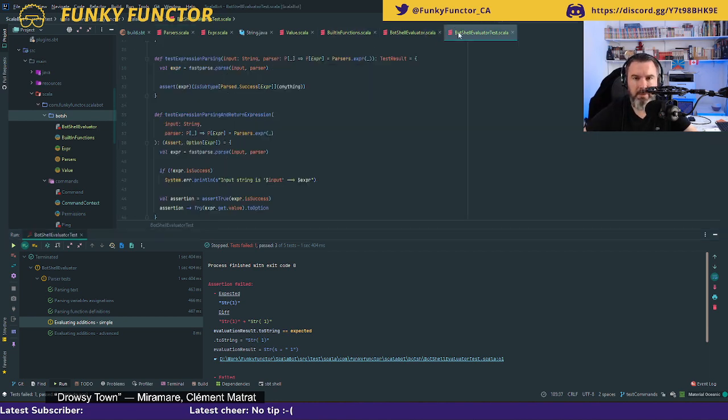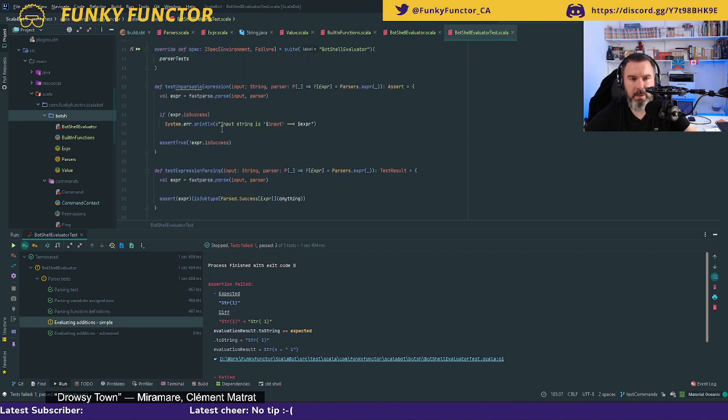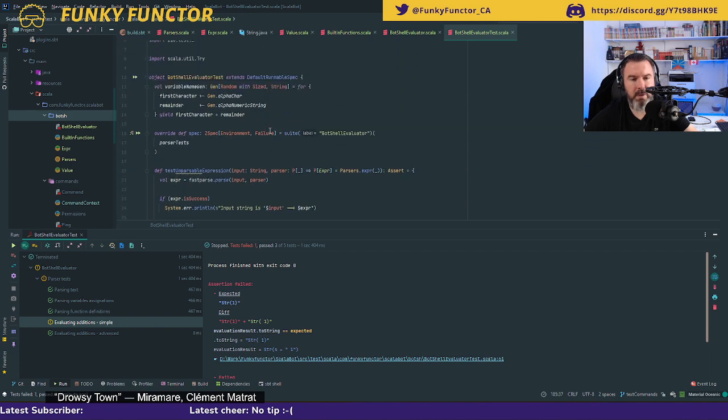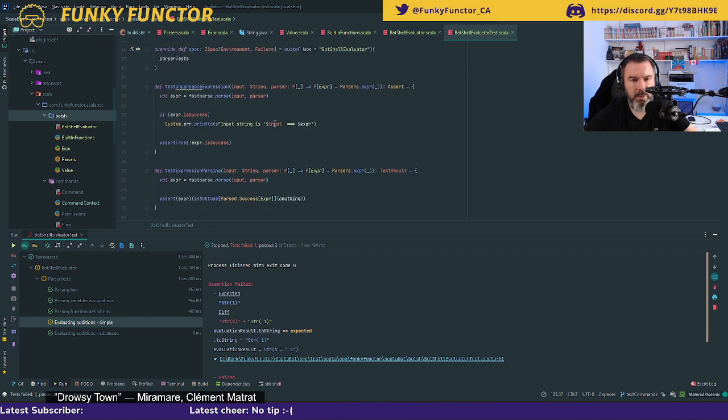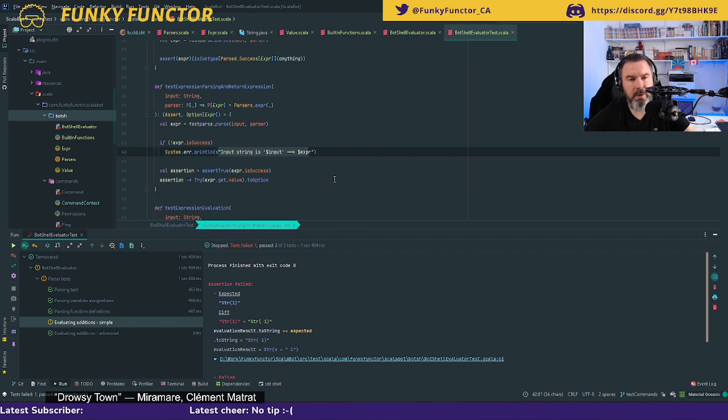Do I have the possibility maybe to display my abstract syntax tree that gets generated? That would be useful. No. So right now I've got this input string. Okay, good.